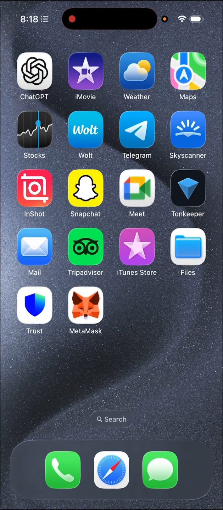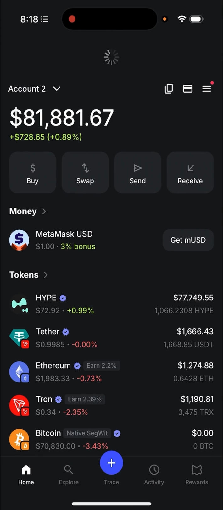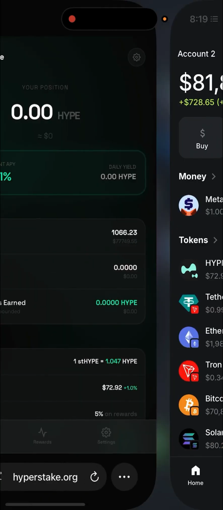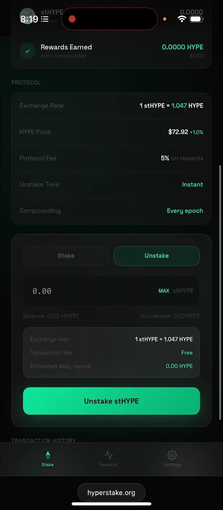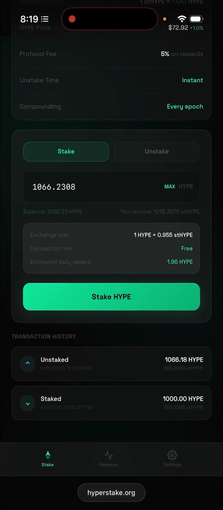That's it, I received a notification that the HYPE tokens have been credited to my wallet. Let's refresh it. And yes, as you can see, the entire amount is now in our balance. We started with 1000 tokens and ended up with 1066. So that's the service I demonstrated for you today. And now I'm going to put all my tokens back in so they can keep working and staking.